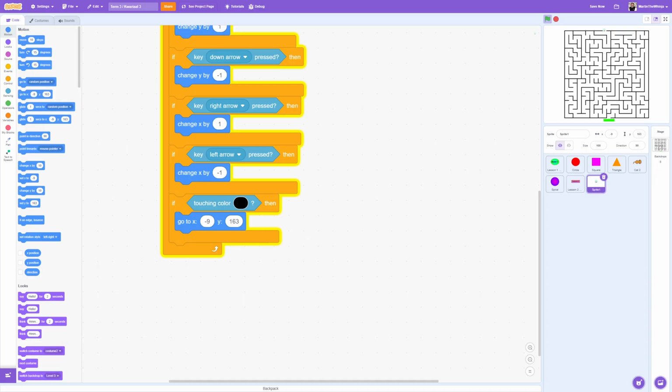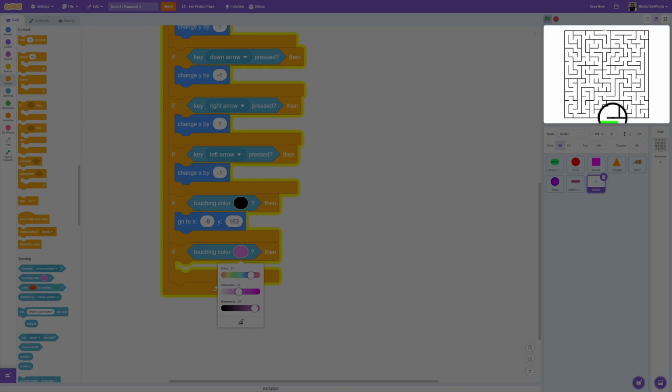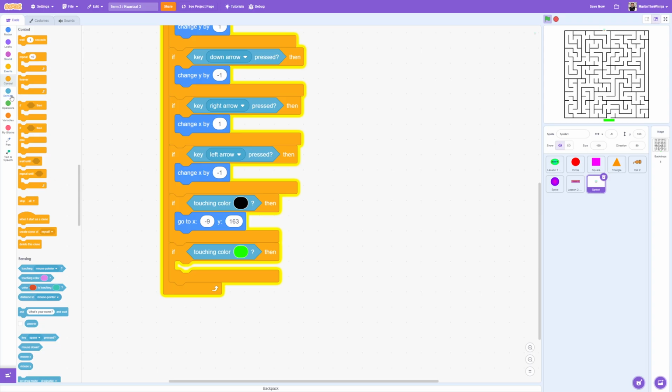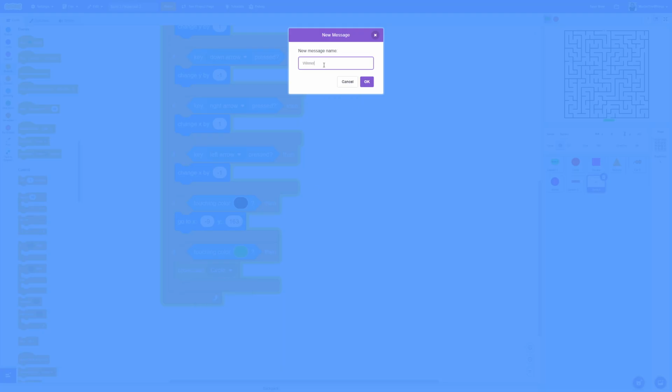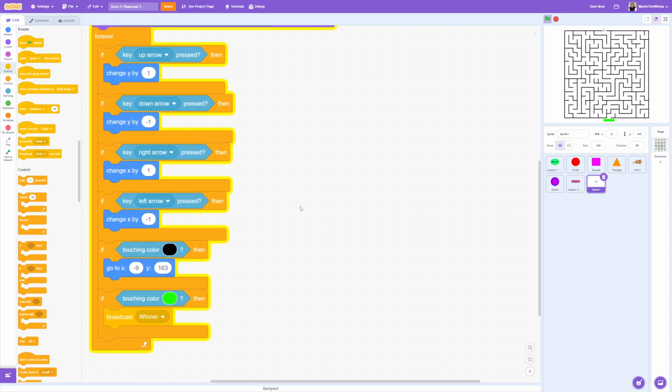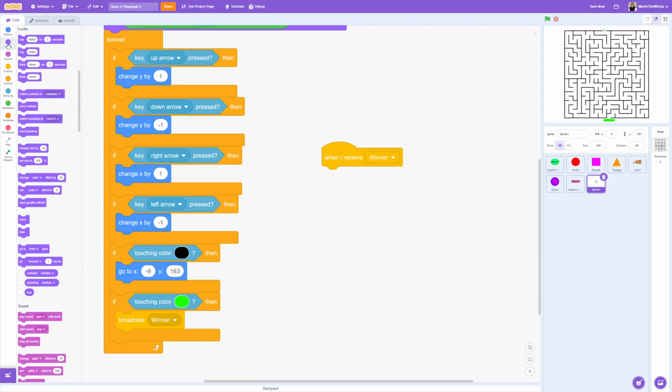Now, I can set another rule, and I'm going to say, if I'm touching the color of my finish line, I need to broadcast, send a signal, broadcast a new message called winner. So that we can tell the program now that somebody has reached the finish and that they have won. Now, we are sending out a signal, so we also need to be able to receive the signal. So when I receive winner, I need to